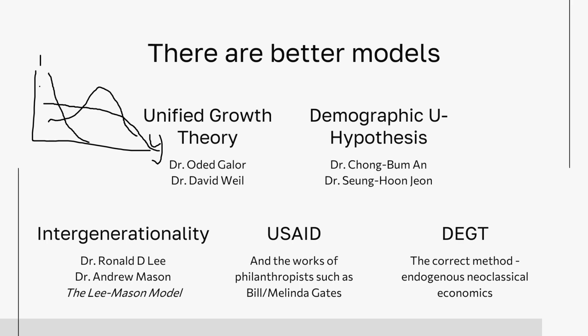Fourth is not so much a model as it is a case study, and that is the excellent work done by USAID. USAID got this right at some point earlier, years back, I believe in the 90s, thereabouts, 80s. USAID correctly identified that the best way to help poor countries is through an accelerated demographic transition, and hence USAID focused on gender equality, inclusivity, and healthcare. And USAID has done wonderful work across many developing countries, proof positive that